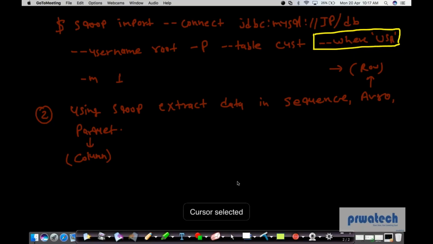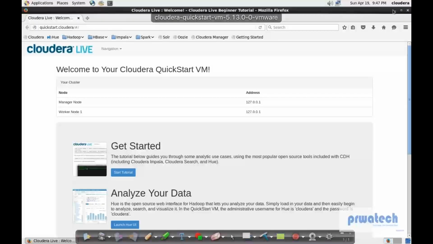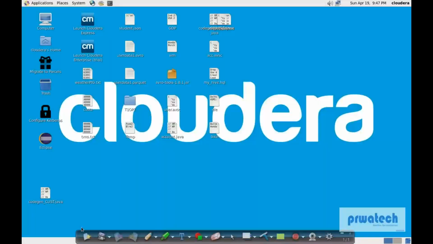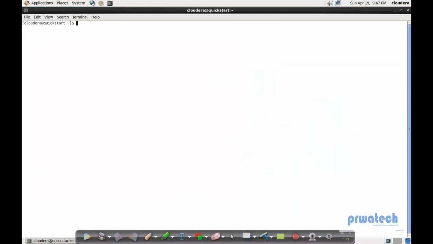So for this, I will go to my Cloudera. This is my Cloudera. It's already open. We'll follow the same thing. We'll open a terminal. And sqoop import --connect jdbc:mysql